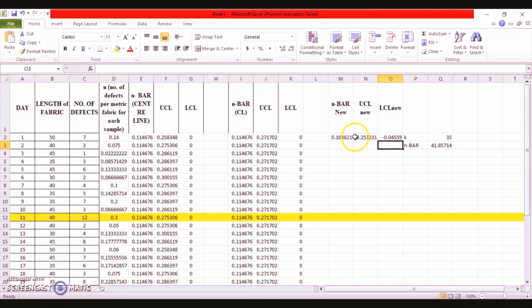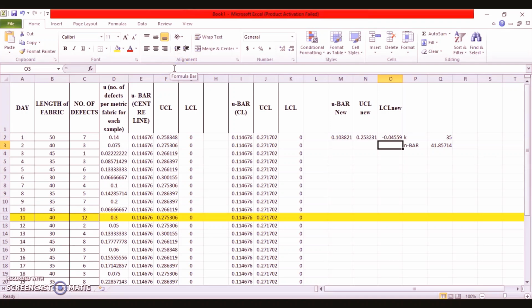right? So this way we were able to find out the lower control limit, but there is still something that needs to be done here. We have to put a dollar sign so that we'll be able to get uniform values for the rest of the samples. Here also for the lower control limit, uniformity for the data points is required, and for that purpose we'll be putting the dollar sign.